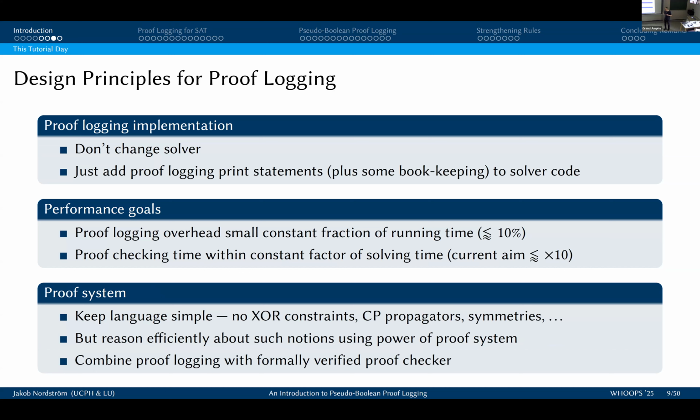So we will talk about exo reasoning, different constraint programming propagators. As you will hear later today, we'll talk about symmetry breaking, and there will be groups and orbits and stuff, but the proof system doesn't know about any of this. So the proof system basically only, as we'll see shortly, only knows about Boolean variables and linear inequalities over such linear combinations of such variables. And still we'll be able to reason about all of these different notions by using the rules of the proof